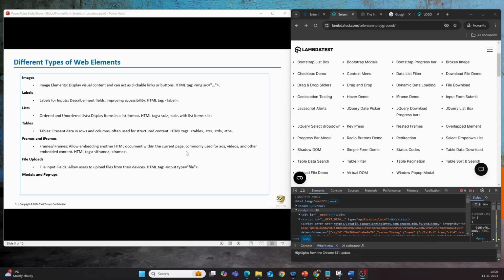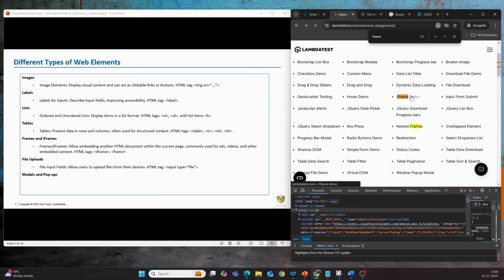So if there is a frame inside the main web page, then it is very difficult to identify the elements within that frame. So from the main window, you will have to go to that particular frame, and then we try to identify the elements within that. We need to switch to a particular frame, and then we need to identify the element. So whenever you see a frame, you will have to adapt these techniques to recognize the element within that frame. Okay, let us again go and search here. There should be an example for frame,